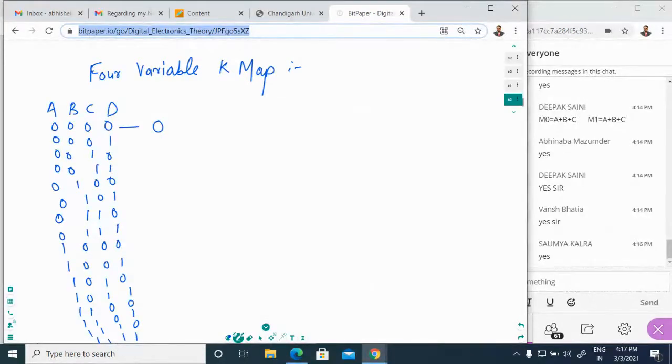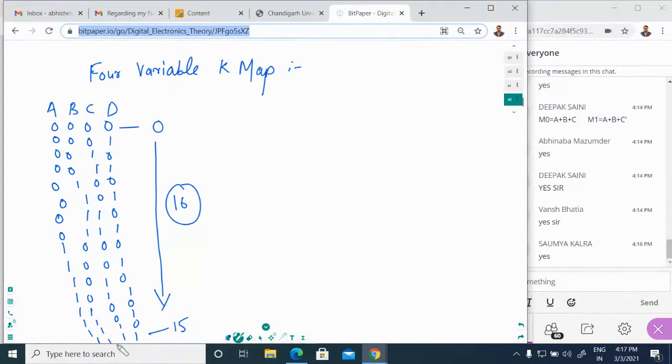It will start from 0 to 15. So how many numbers it will use? 16 numbers it will use. Okay. Quickly, 16 min term and max term possible combinations are there. So 16 cells we have to prepare for this.